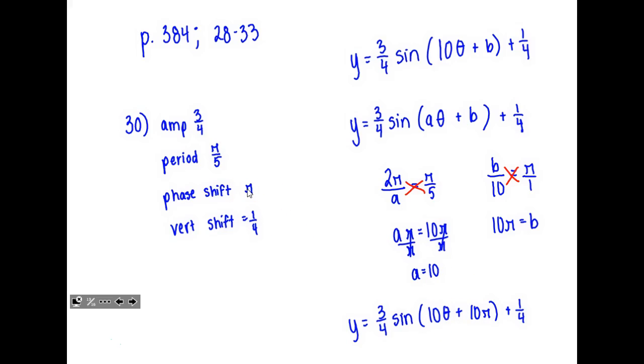I did mess up one thing on this. This 5 right here? Because the period is pi over 5. I think we got that right. Yeah. The period is pi over 5. So to find the period, we do 2 pi over a, and that should equal our period, which is pi over 5. Yes, correct. Good. Okay. All right. So